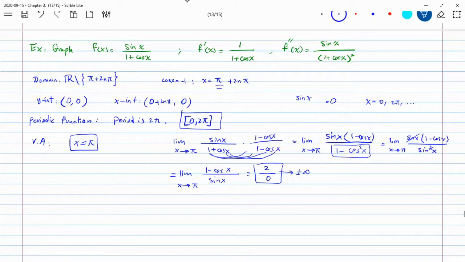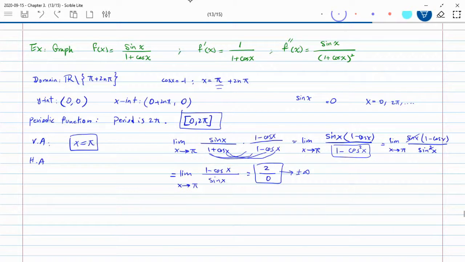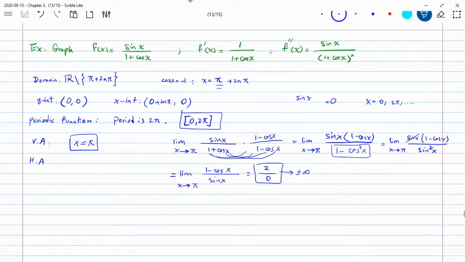Okay, so we have a vertical asymptote. Again, every 2 pi you will have the same vertical asymptote. Horizontal asymptote: let x approach infinity. What you get is sine infinity divided by 1 plus cosine infinity, which in this case is not possible. You would not have any limit, so there is no horizontal asymptote,